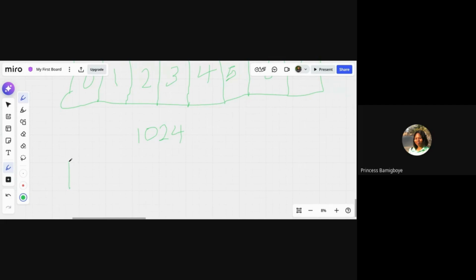I now have my house, which is my memory as a computer system, and I want to start counting to 1024. Human beings will count 1, 2, 3, 4, till they eventually reach 1024.